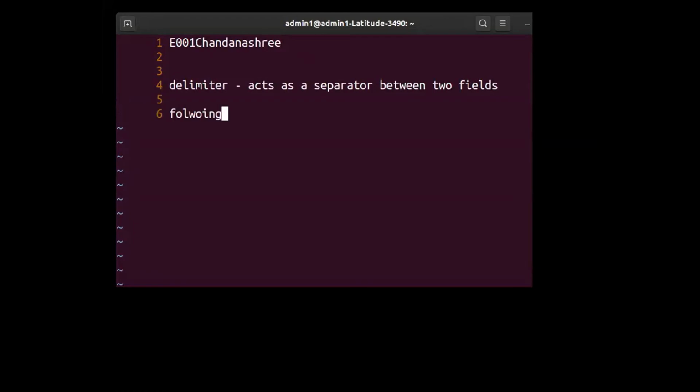The following characters can act as a delimiter in Unix. First one is colon.